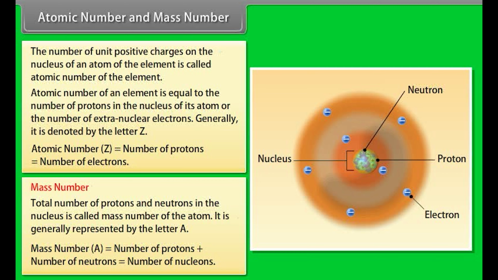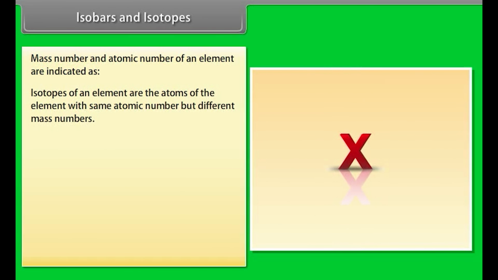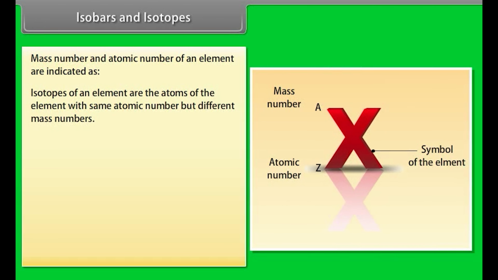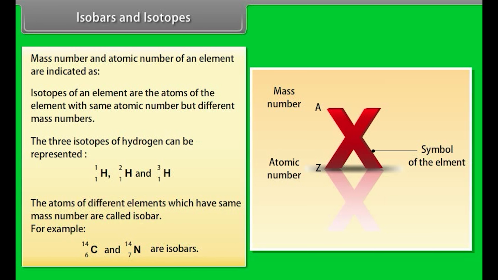Isobars and isotopes. Mass number and atomic number of an element are indicated as shown. Isotopes of an element are the atoms of the element with the same atomic number but different mass numbers. The three isotopes of hydrogen can be represented. The atoms of different elements which have the same mass number are called isobars. For example,